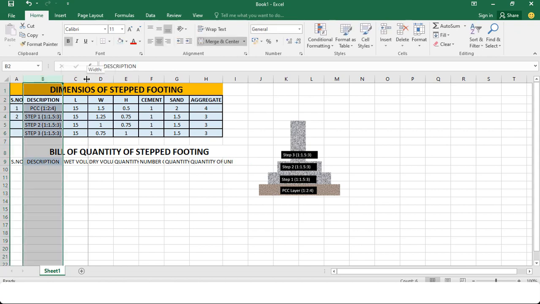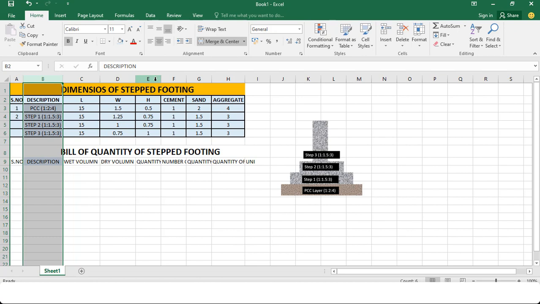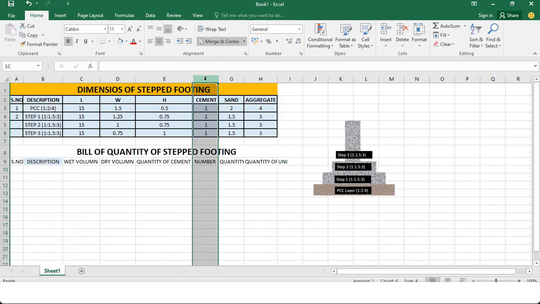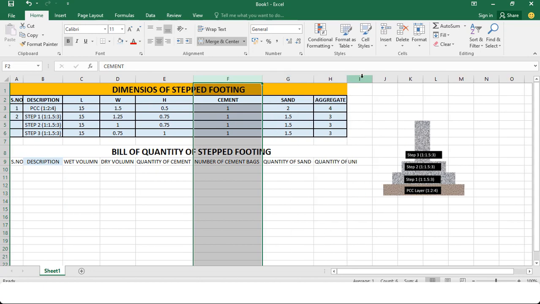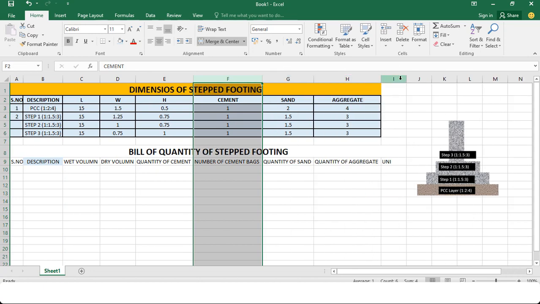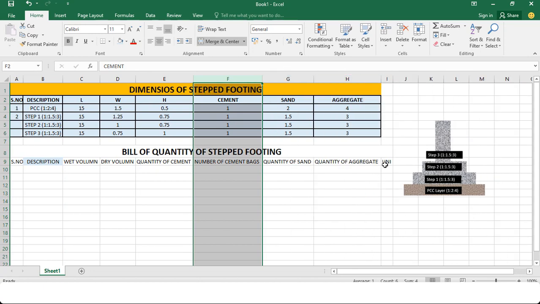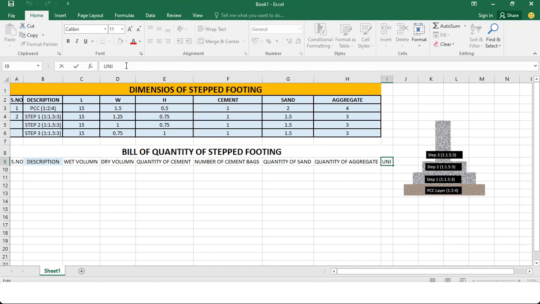So this is the basic template for a bill of quantity, right? Now let's move forward and start preparing the bill of quantity for this particular step footing. Okay? So in serial number I will write 1. Then in the description I will write PCC. And the grade of concrete for PCC layer is M15 grade of concrete, and the mix ratio of M15 grade